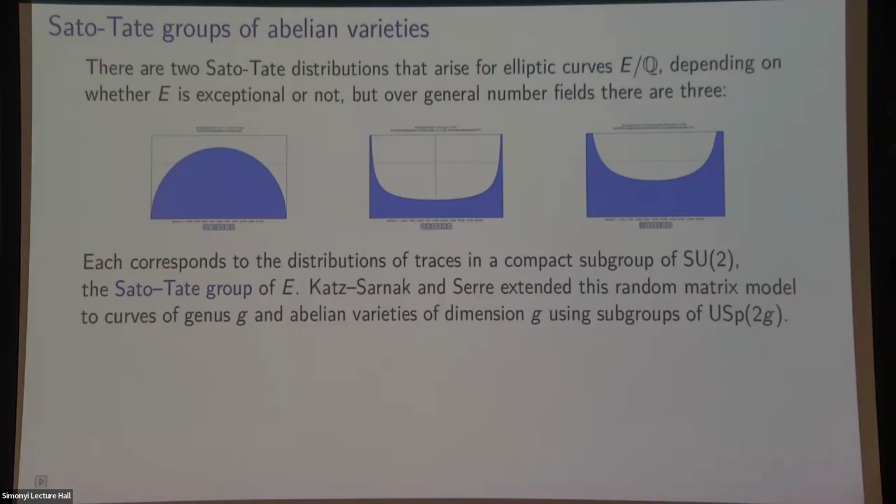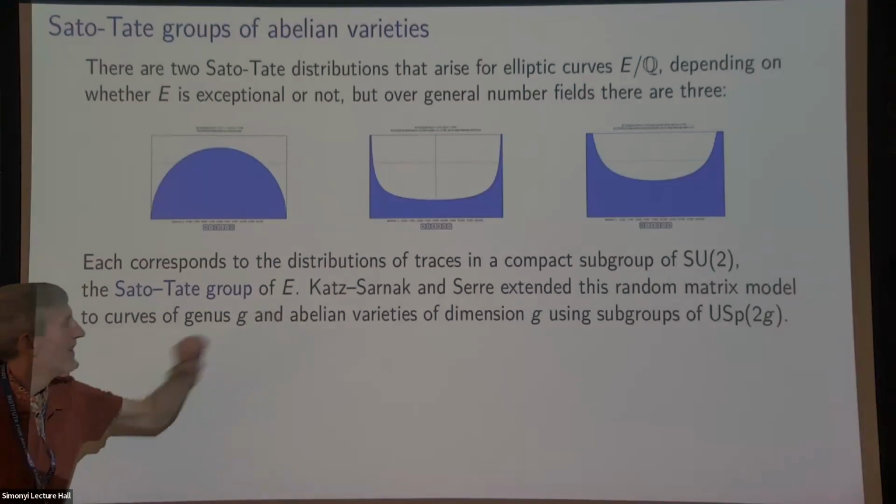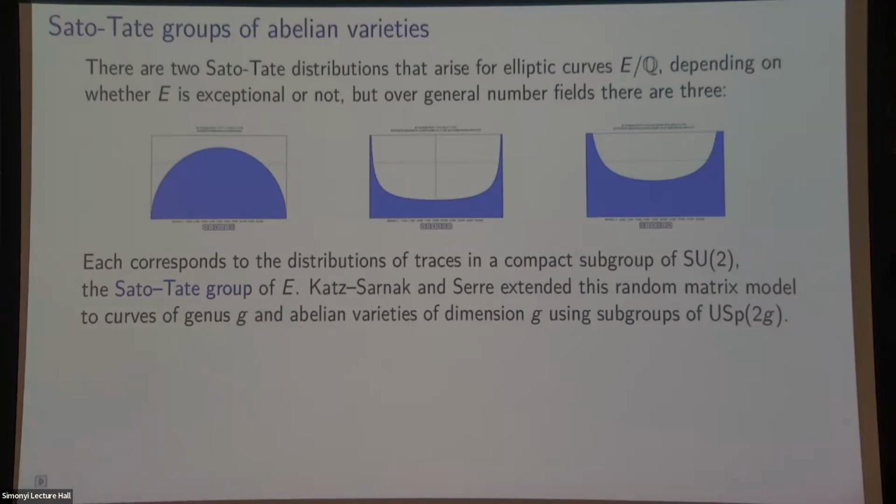Wrong initial. I'm sorry? Wrong initial of E, period. Ah, there's a period. Yeah. No, it's the E that's wrong. Okay. Well, the E is referring to an elliptic curve, and I'm referring to the Sato-Tate group of E. And then I'm saying that Katz and Sarnak and Sayre extended this. Yeah, so normally you try to avoid starting a sentence with a math symbol, but I guess I should also avoid ending a sentence with a math symbol. It could look like an initial.